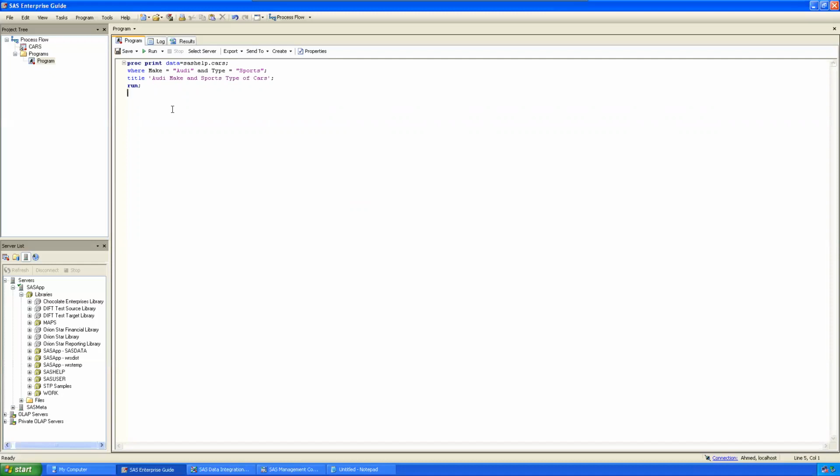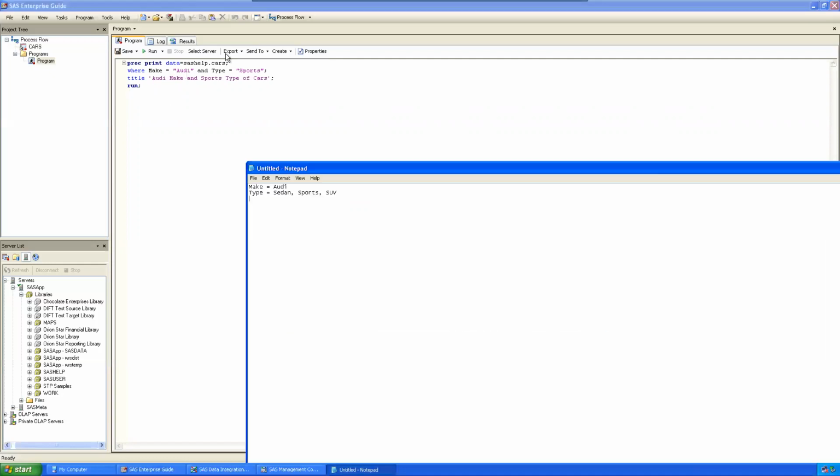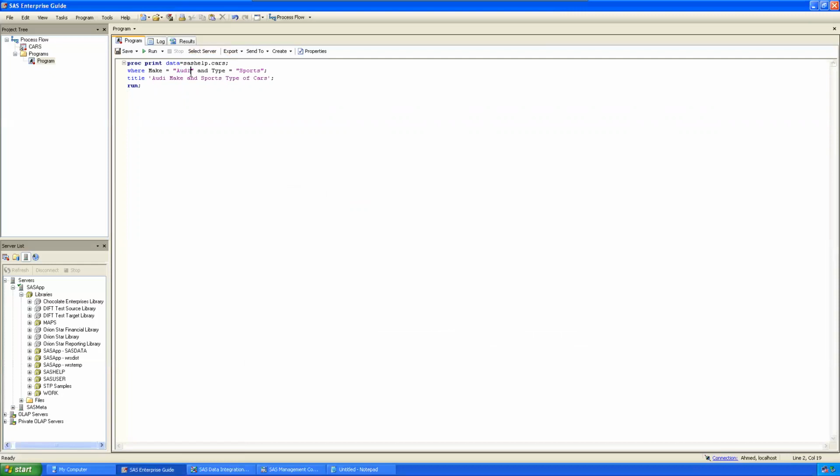So that's why we'll be adding the prompts. Instead of RD here, make equal to RD. So I'm using a prompt here, ampersand make. Make means if you add RD, then it will give RD. If you add BMW, then it will give the BMW. Right? And type equal to